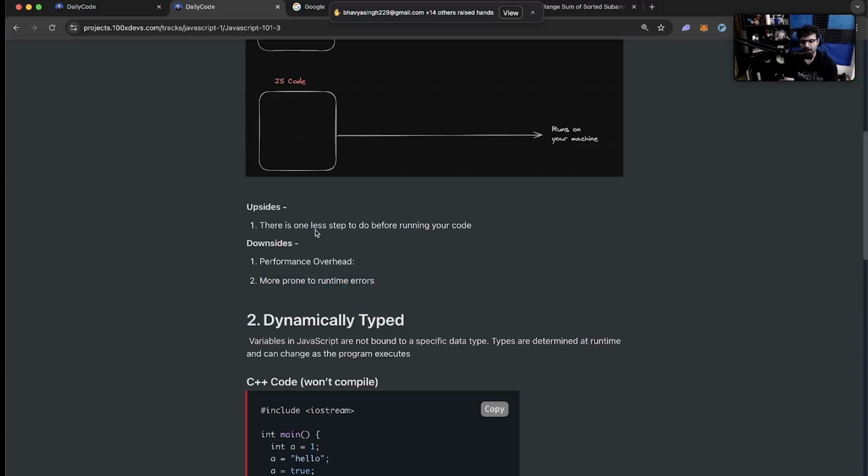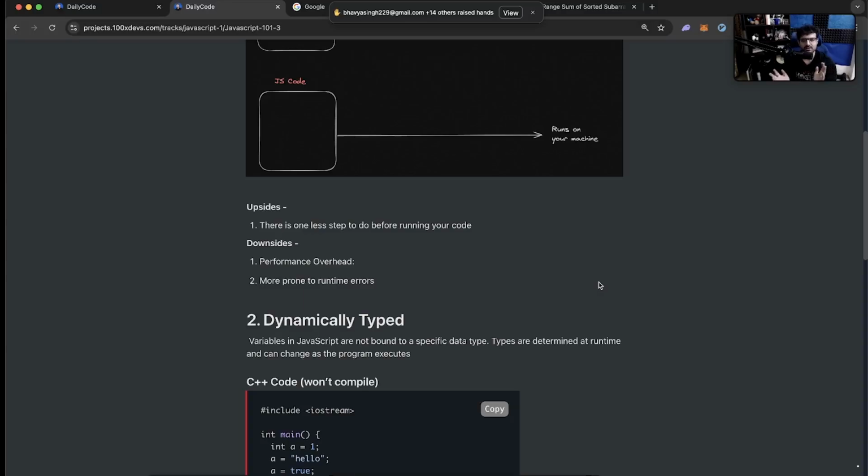All right. These are the upsides, these are the downsides. Does it matter? It doesn't matter. JavaScript is easier to write, which is why people write it. There are performance overheads. People know it is slower. So unless you are writing an application where latency is of a lot of importance, you don't care. You write JavaScript code, and that is why it has become so popular, because it's easier to write, even though it leads to a lot of runtime errors. Companies don't care about runtime errors.